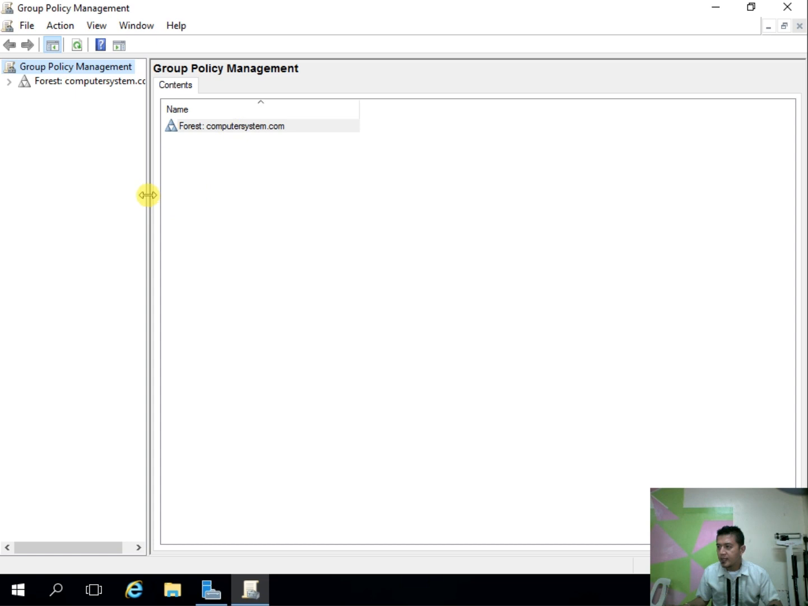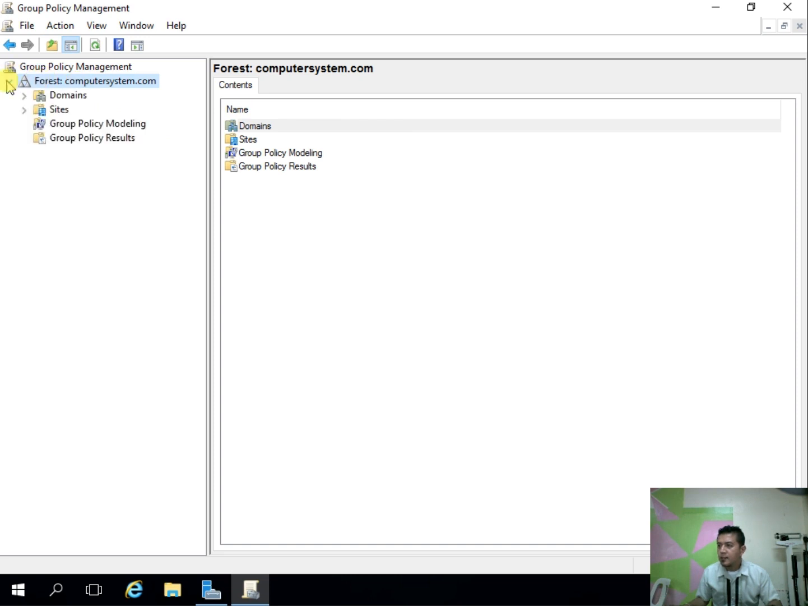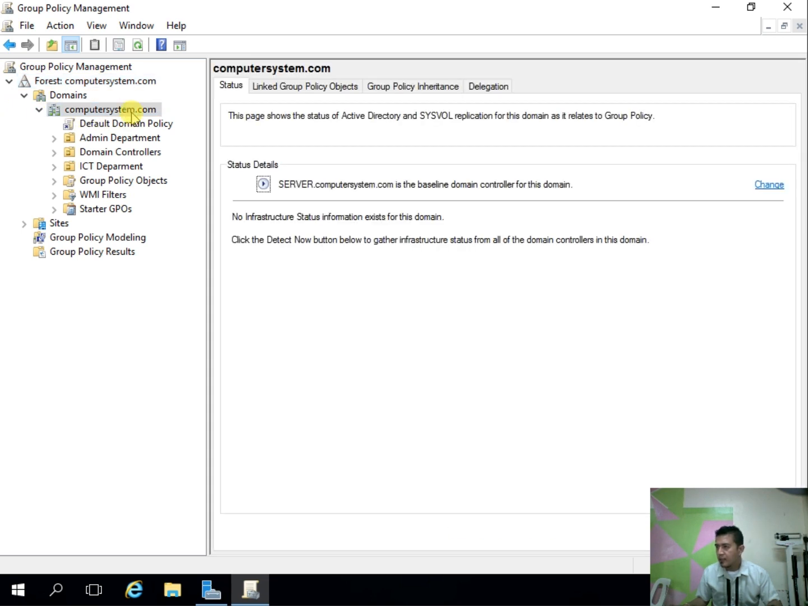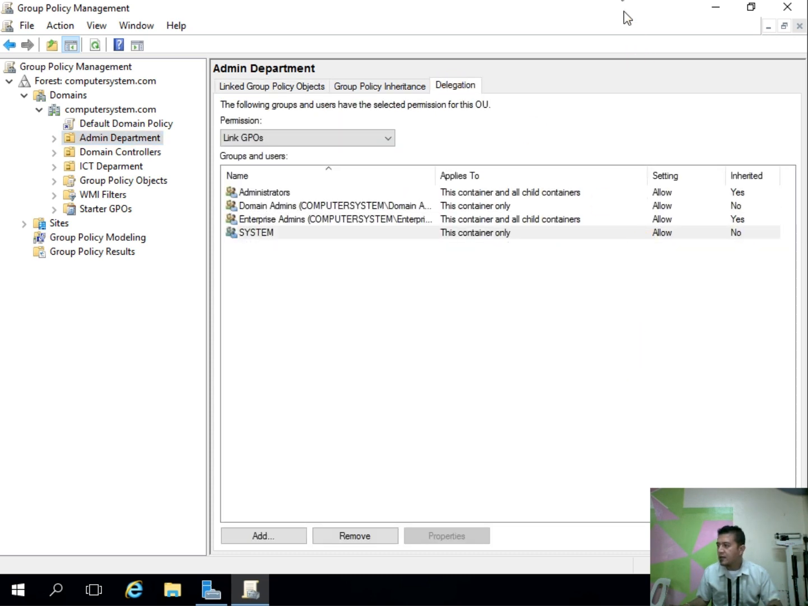So, pwede natin i-adjust dito. Tapos, click mo si computersystem.com. Highlight mo siya dito. So, sa domains, expand mo ulit. Tapos, expand mo dito. I-click mo rin dito sa computersystem.com at share. So, since ang ginawa natin organizational unit is dalawa, the admin department, i-click mo natin sa admin department and select delegation tab. Ito muna. Delegation muna tayo. So, for the delegation,